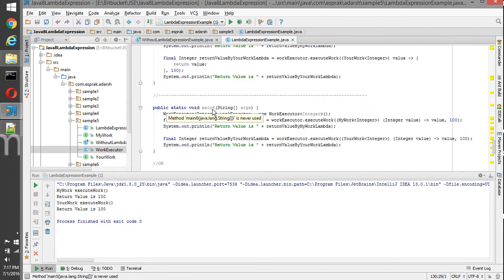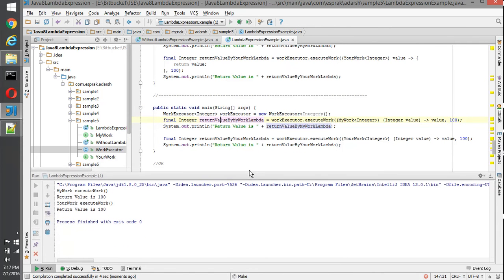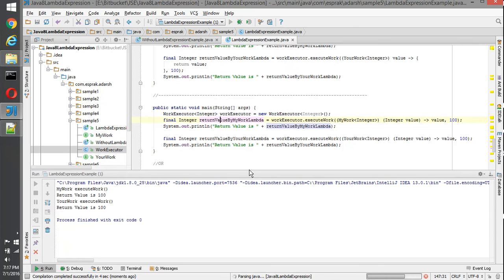Then the last thing is that we have removed the curly braces and the return statement here, and it is only a single line, single word. Whatever value we are passing, we are returning it. You can see there is no difference in the output.